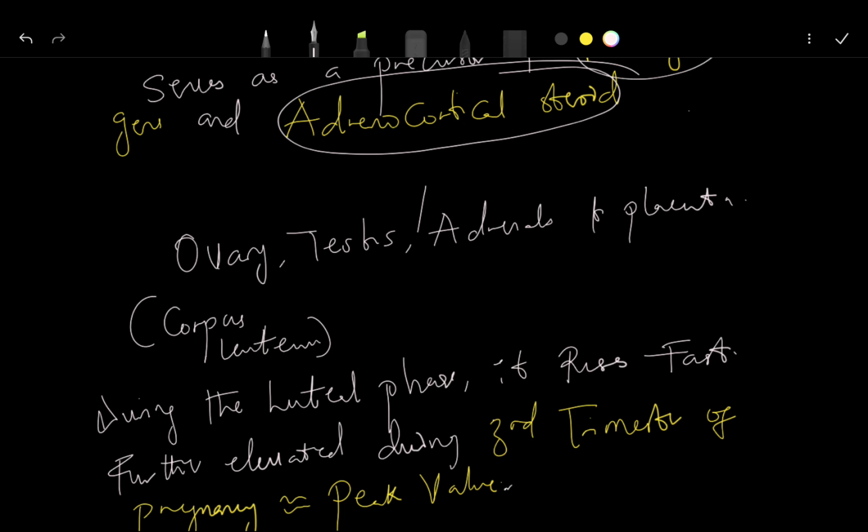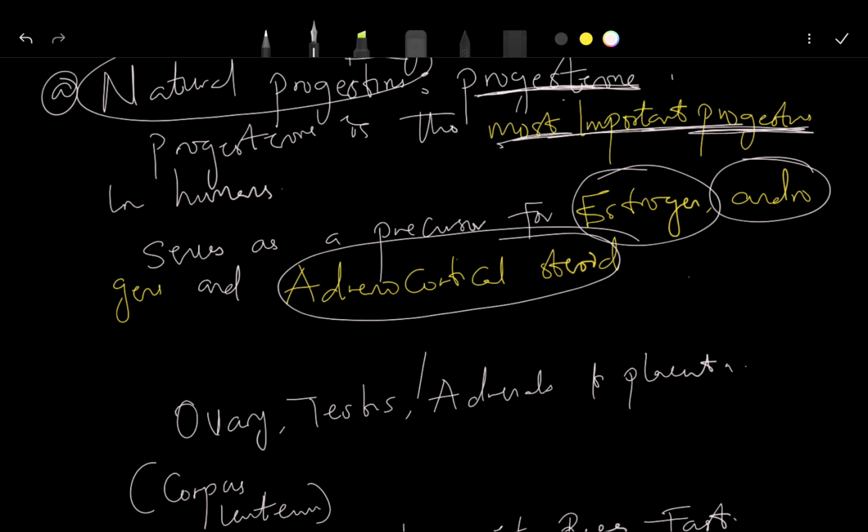So, it's more like after you start with cholesterol, the starting molecule is always cholesterol. From cholesterol we will get pregnenolone. Then from there we will get progesterone. Then this progesterone will now divide into all these three. From progesterone you get estrogen, you get androgens, you can also get your adrenal cortical hormones. All right, so that is very, very important. I like to tell you that sometimes progesterone can also act on these receptors, on estrogen receptors, on androgen receptors, can compete with those receptors.